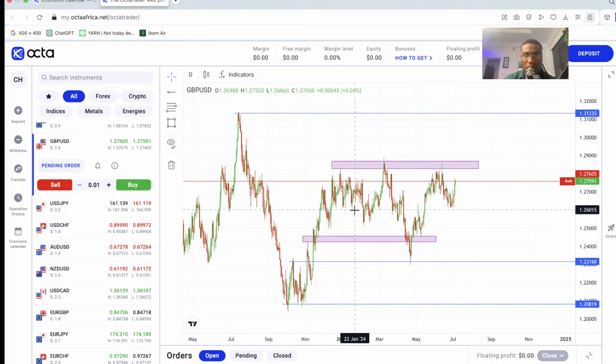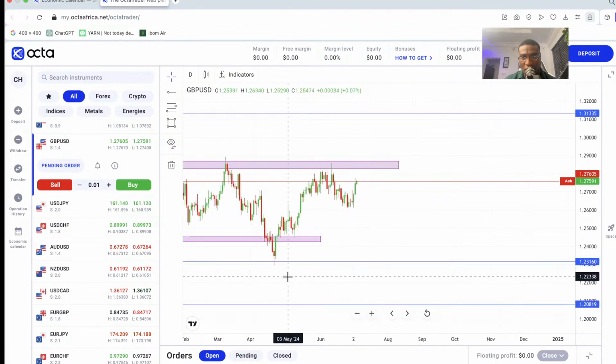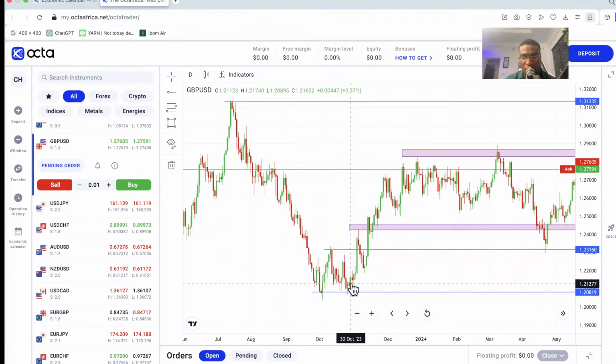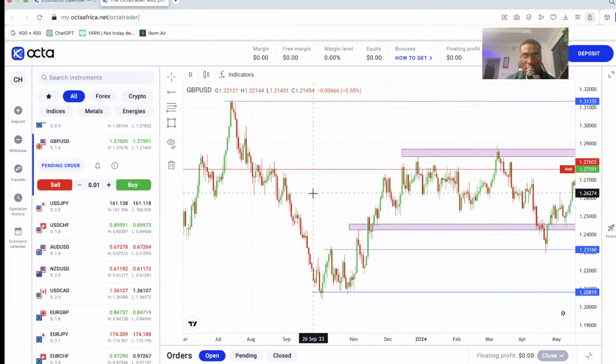So obviously on the pound dollar, we're seeing that we had a massive move to the downside, found support, consolidated for a bit. We can also, if I zoom in, you see that we created a double bottom pattern here. Now, if you're familiar with chart patterns, you would notice that the double bottom signifies reversal, right?